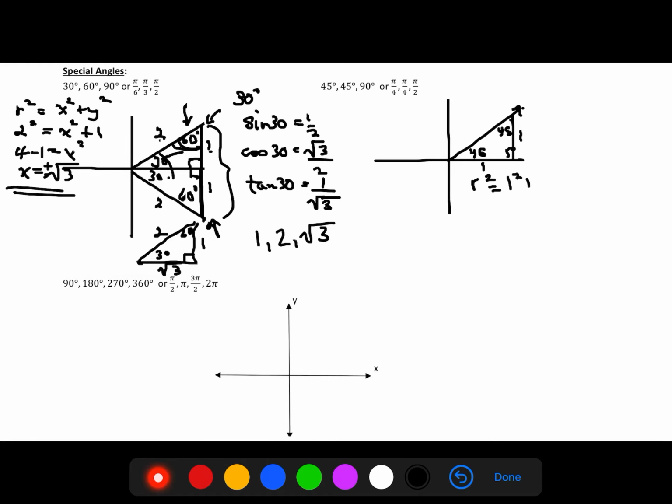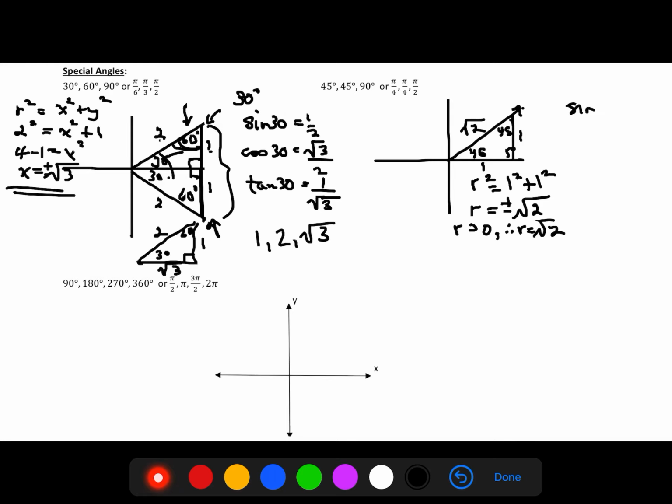Well, to determine our radius, we're going to have 1 squared plus 1 squared. So our radius is going to be equal to the square root of 2. And we know, again, radius is greater than 0. So therefore, radius is equal to root 2. So the sides of a 45, 45, 90 are going to be 1, 1, root 2. And that's automatic. So again, special triangles, 45, 45, 90, or pi over 4, and pi over 2, we can